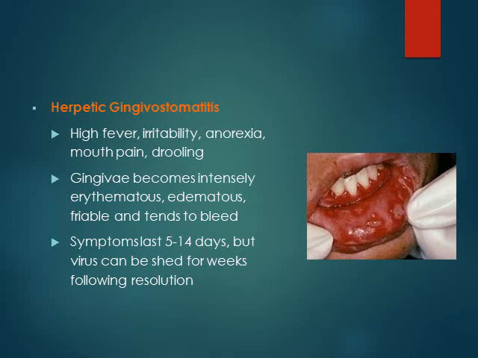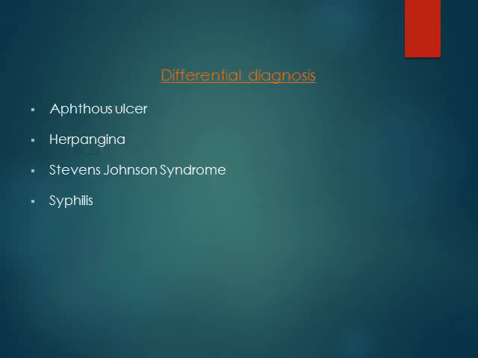Then there is herpetic gingivostomatitis, which is a more severe form of viral involvement with a high fever, irritability, anorexia, mouth pain, and drooling. Symptoms last for 5 to 14 days, but the virus can be shed for weeks even after resolution. Differential diagnosis should be aphthous ulcer, Stevens-Johnson syndrome, and also